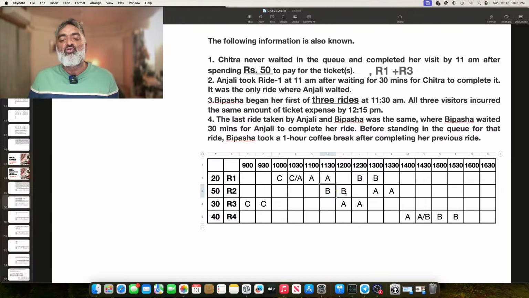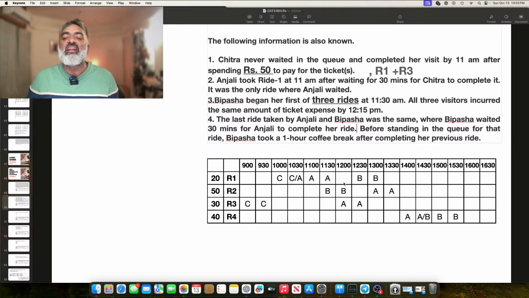B went for ride 2 at 11:30 to 12. Then from 12:30 to 1:30 she was busy on ride 1. Then she took a 1 hour break. Then she waited for half an hour for A to get out of ride 4 and then completed her ride, right? So this last bit is where some trial and error, some effort needs to be made, but the first 8 steps, first 10 steps are very, very direct. There was not even any testing of a hypothesis, right? For this last bit, you will have to try out a little bit, and you have to consider that rule